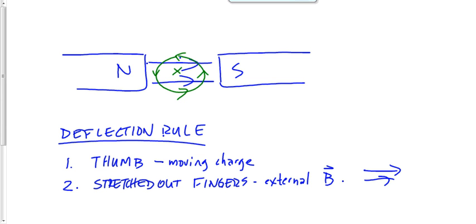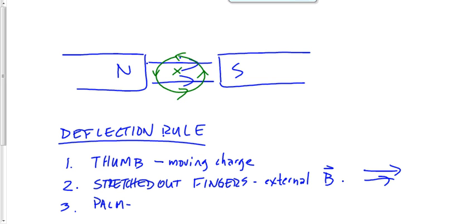The third variable, and there are three variables in the deflection rule, the third variable tells us which direction the force is in. Thumb in the direction of the particle into the page, fingers in the direction of the external magnetic field. The palm of your hand, the flat palm of your hand, points in the direction of the magnetic force. So you can see in this example, my flattened out palm will point upwards toward the top of the